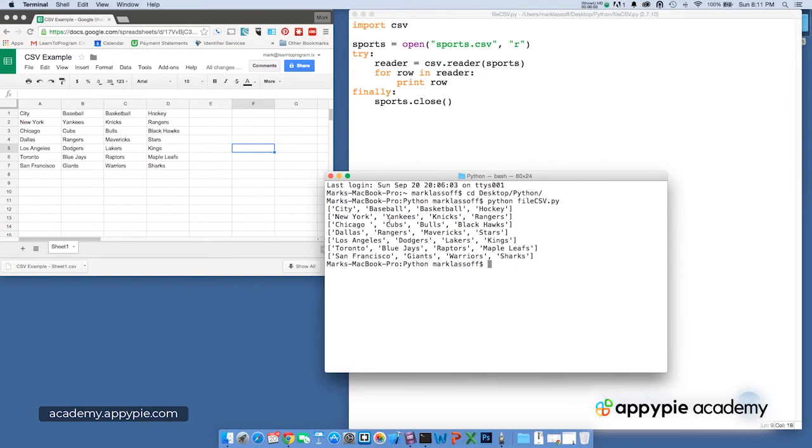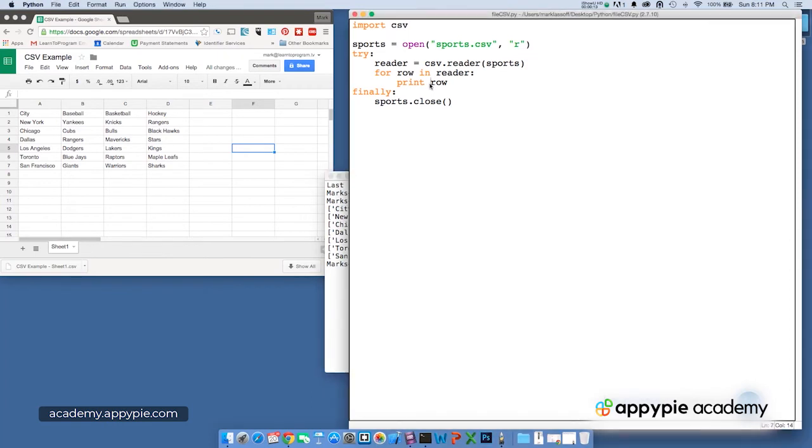So if we want to improve this a little bit, generally we don't want to output a raw list to our users. We can actually work with that list and loop through that. So let's go back to our program here. Instead of printing out each row, let's go ahead and loop through the row. So let's say for item in row, again using that for in, print